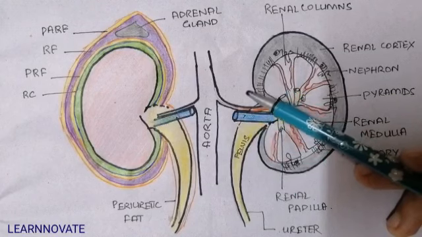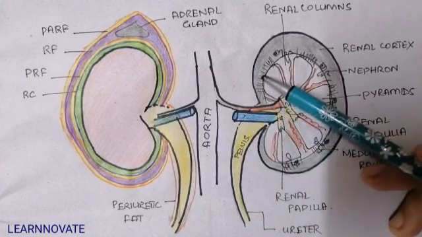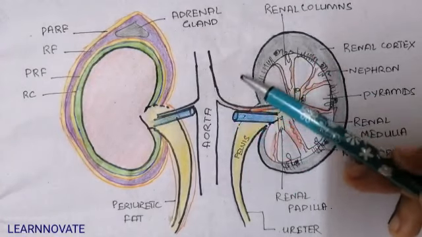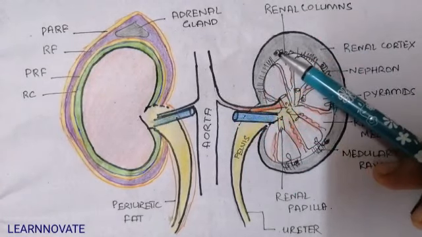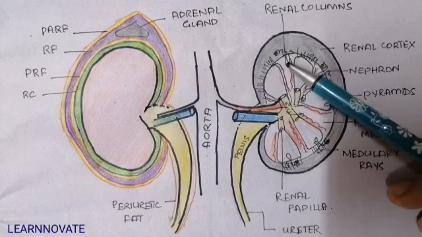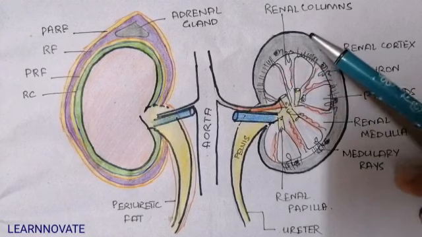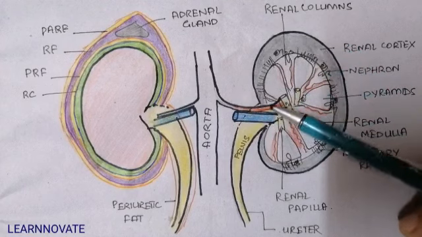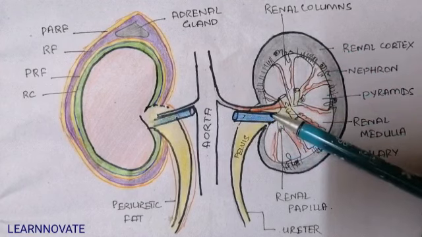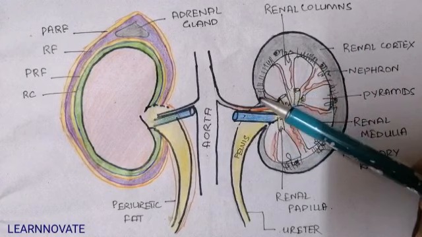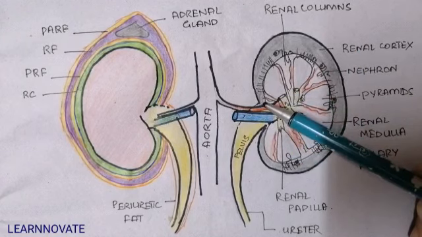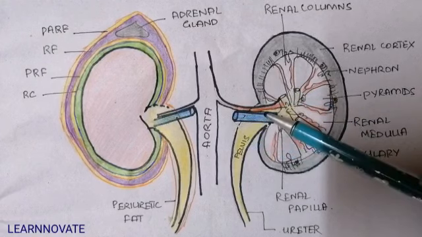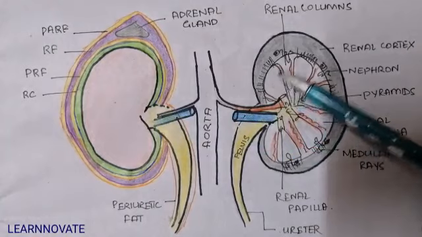Now, one more important thing to discuss is that the right kidney is somewhat lower than the left one. Why? Because the right kidney is covered by the superior lobe of the liver. So that's why it is somewhat inferior to the left one. The arterial supply, venous drainage and lymphatic supply are through the depressed area in the kidney present medially, called the hilum of the kidney. The hilum lies at the transpyloric plane, where the tail of the pancreas emerges.